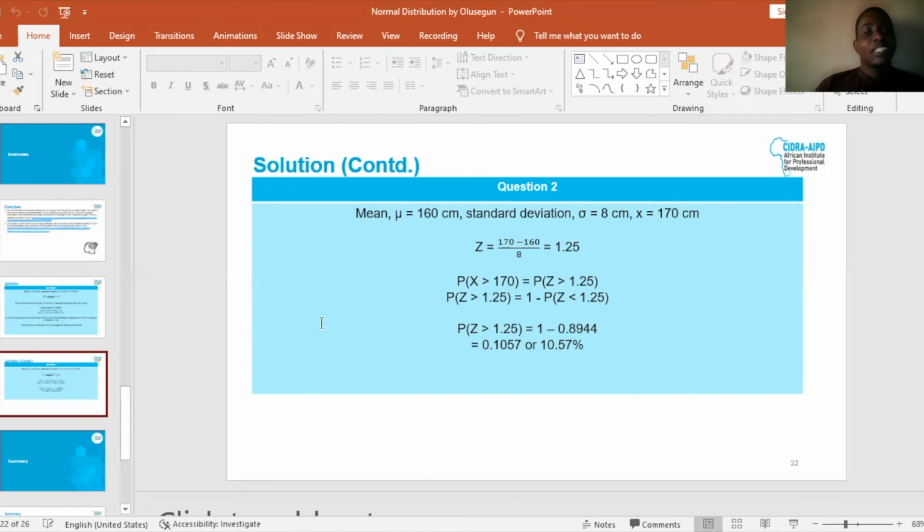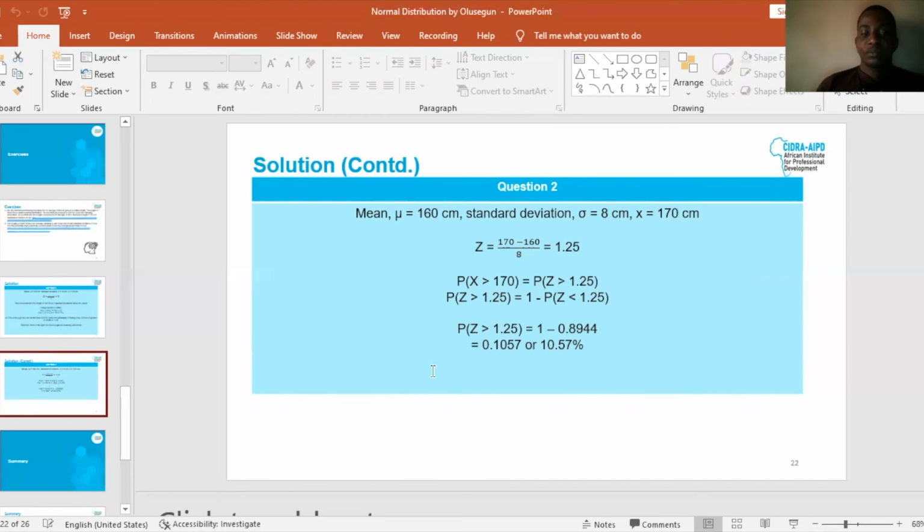Now, I want to find the probability that when we select an adult female, her height should be above 170 centimeters. So P, the probability of X greater than 170, is the same thing as the probability of Z greater than 1.25. These are complementary probability concepts. If I find the probability of Z less than 1.25, then subtract it from 1, that gives the probability of Z greater than 1.25. That overall will give us 1 minus